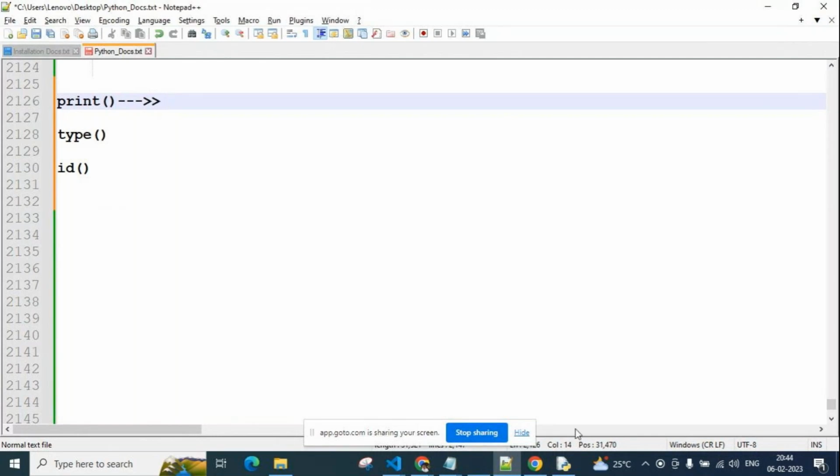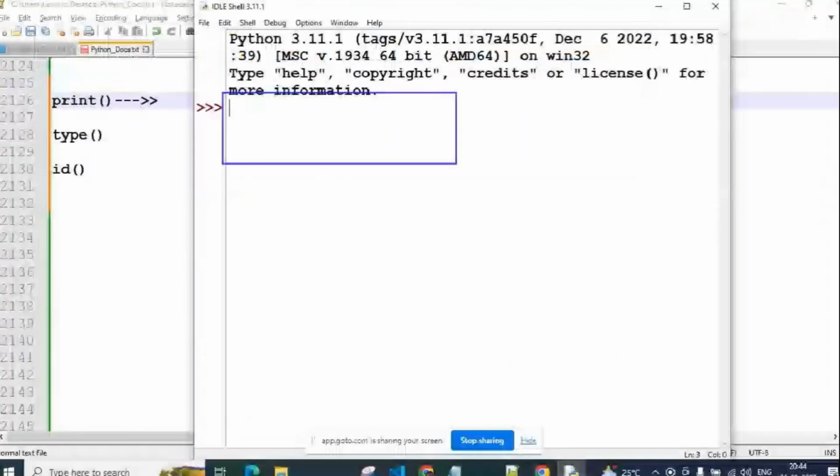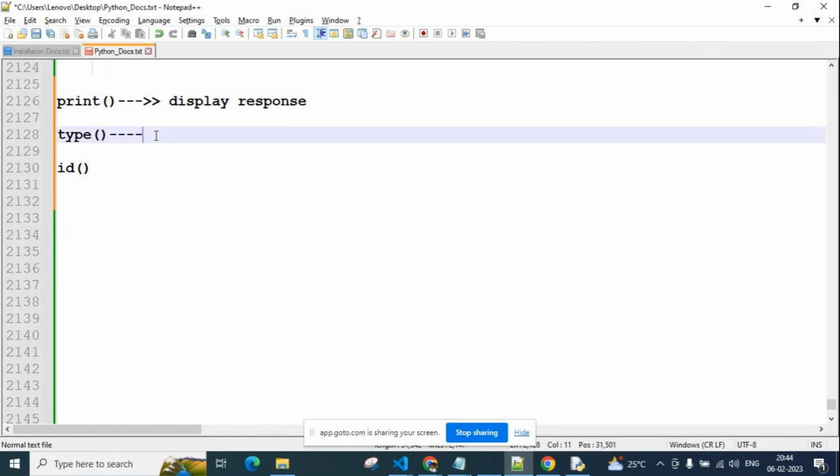This is nothing but the console, guys. Here we will see the output. Using print, we can display a response; simply, it is used to display the response.